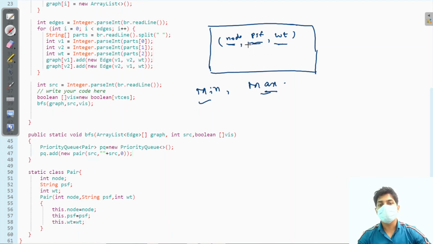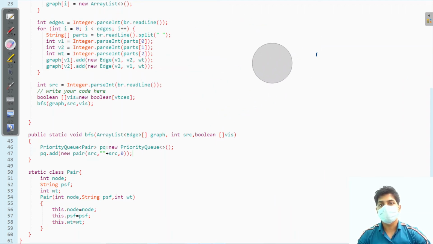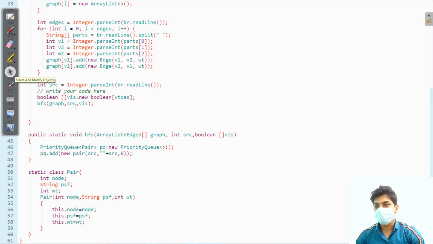So on what basis, on the basis of path so far, weight or node, do we want it to act like a min priority queue or a max priority queue? Our priority queue does not know that, so we will have to tell it. For that we will have to implement Comparable in our class. So let's implement that also.